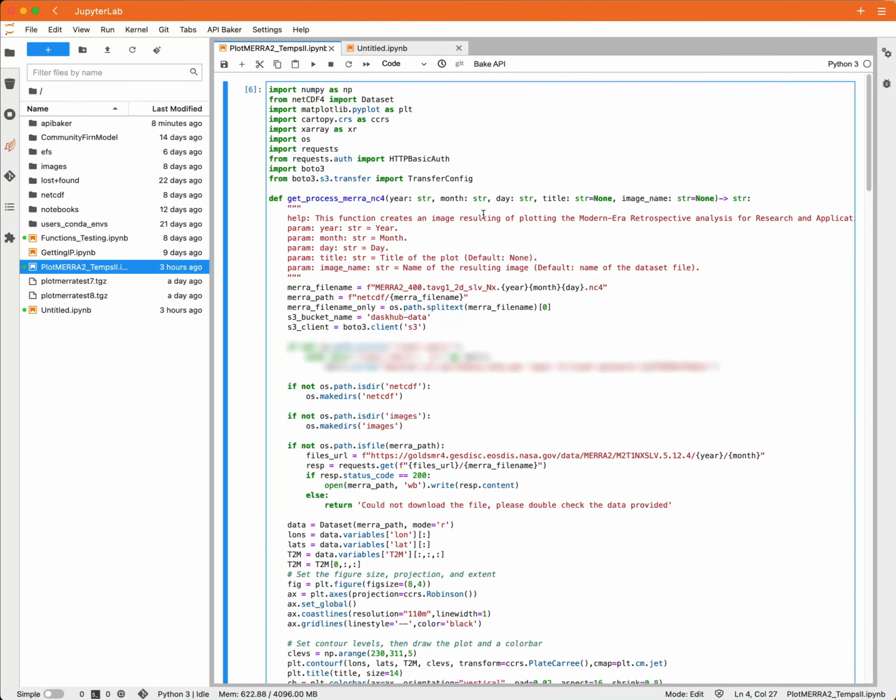So open your notebook if you don't have it open. And in this case, I'm going to use this example. This function retrieves, reads, plots, and saves an image based on netCDF data from the Modern-Era Retrospective Analysis for Research and Applications, Version 2, or MERRA-2. As you can see, I have all my imports here on the top and the function just down there